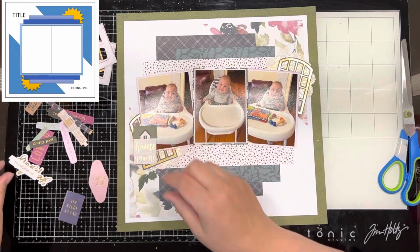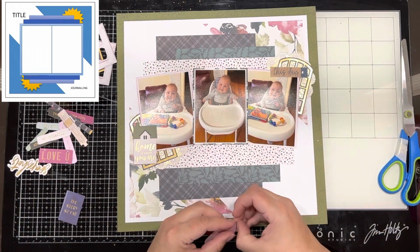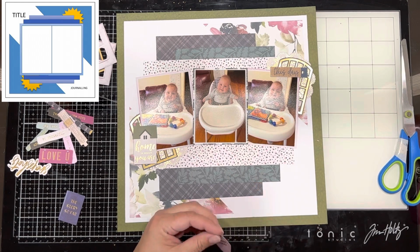So I pull out this Home is Where You Are ephemera piece and then this little wood veneer piece that says This Day. And I also add a little